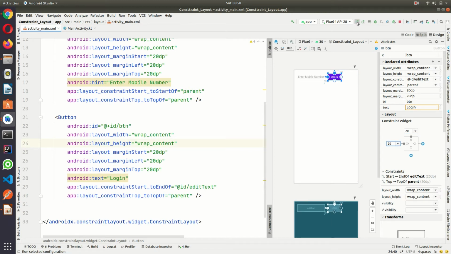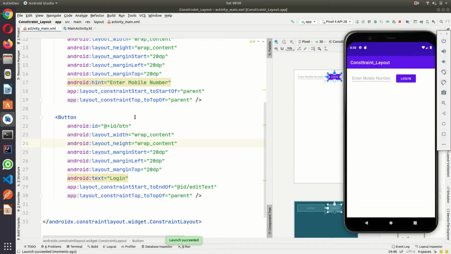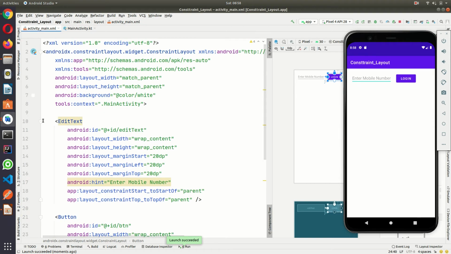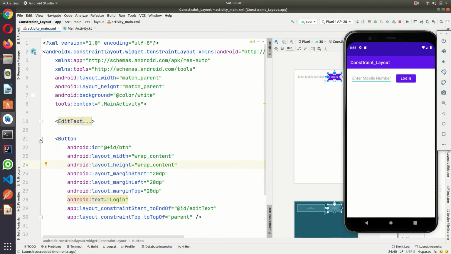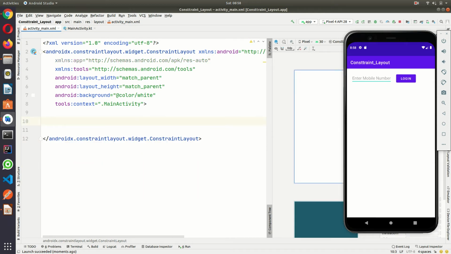Okay, now let me run and check. Perfect. Okay, then I'll show you another layout, hope you understood something. And yeah, so let me run this.